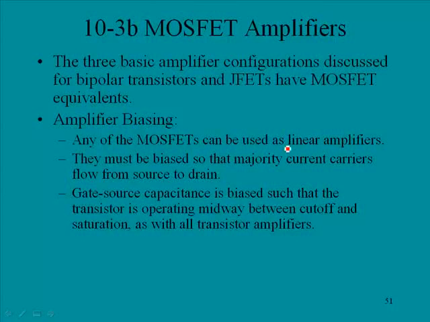Any of the MOSFETs can be used as linear amplifiers. They must be biased so that majority current carriers flow from source to drain. The gate-source capacitance is biased such that the transistor is operating midway between cutoff and saturation, as with all transistor amplifiers. So remember, we had cutoff, we had saturation. This represents basically the on and off positions of the MOSFET, and then in between those is where we could